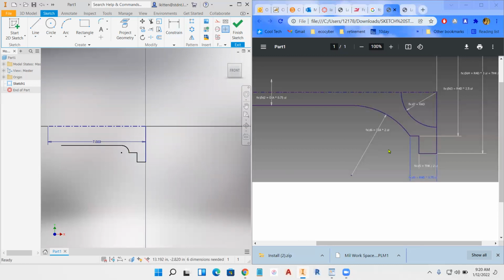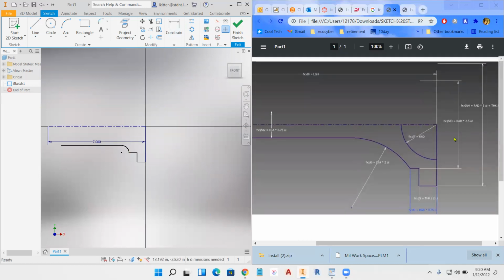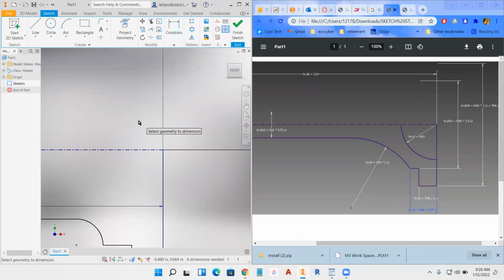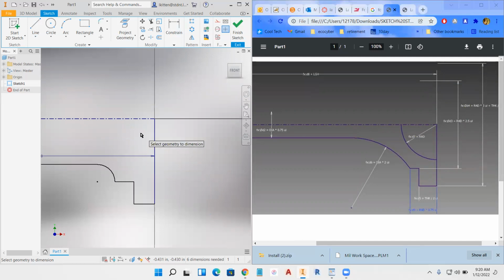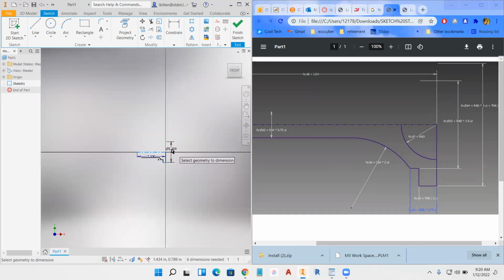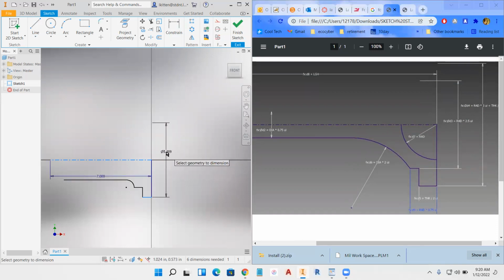Okay, now I think we're finally ready for putting those dimensions in. So hopefully this works. We're going to do the bottom one first. All right, so go ahead and pick the dimension. And the difference here is we're going to actually have to type all these numbers in as we go, and we'll see if it takes it or not. So I'm going to pick the center line, and I'm going to pick that bottom line, and I'm going to hold over here at the left, and you should be getting a center dimension where it's going across both. And I'm going to pick a spot for it. Okay, and now where that number is,